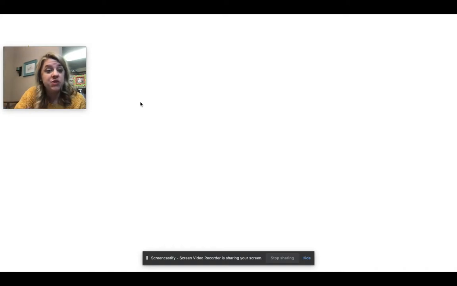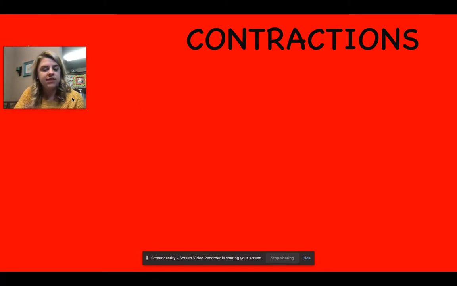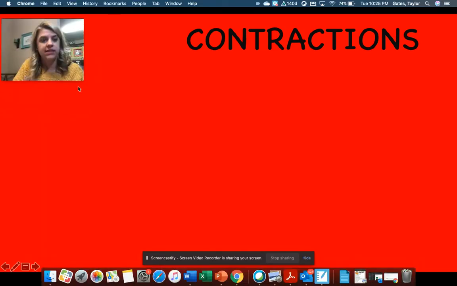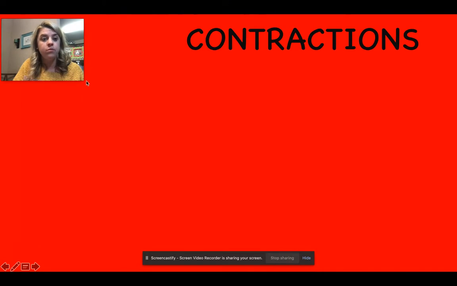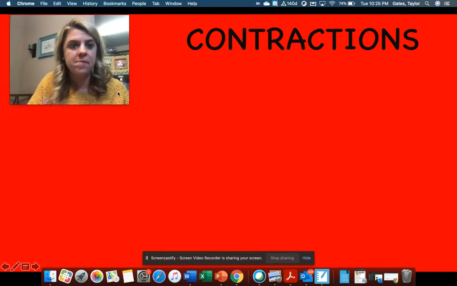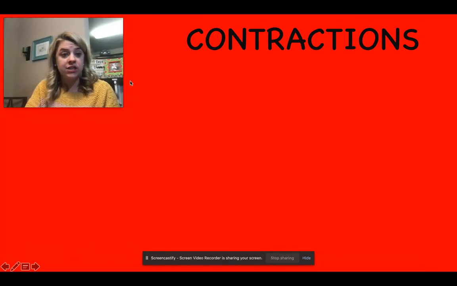All right, guys. So today we are going to focus on those contractions that we started talking about yesterday, okay? So we are going to look at what is a contraction and what makes it work, okay? So here we go. A contraction,